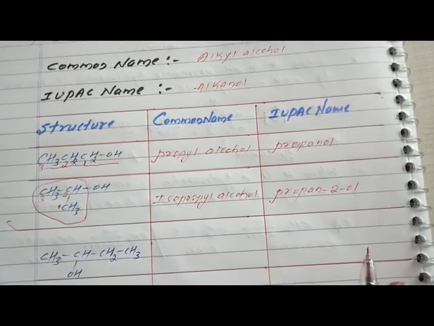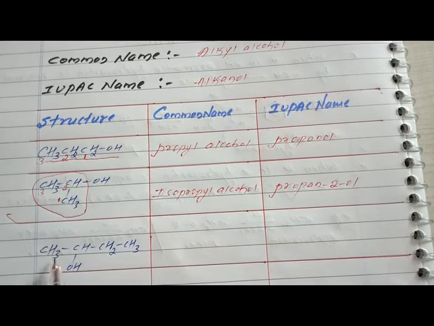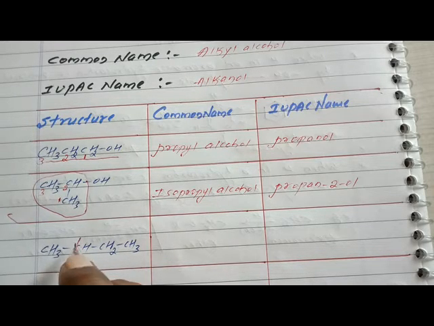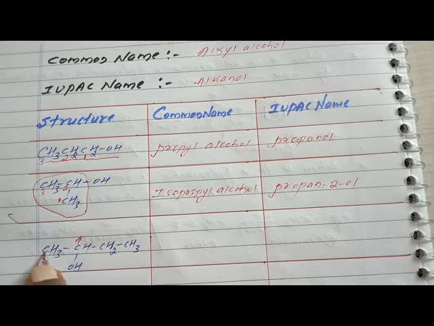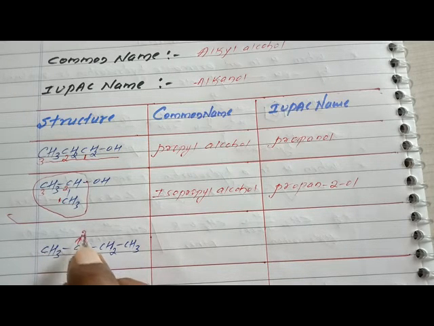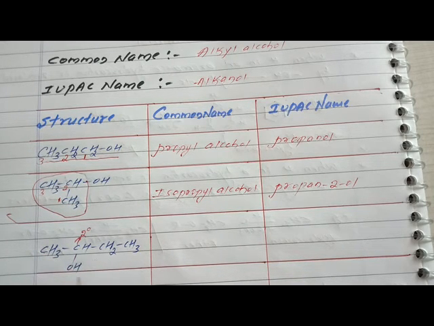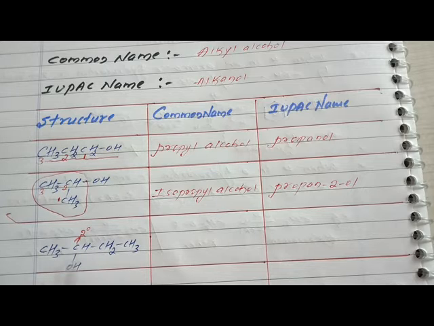Okay. Go for next one. CH3CHOHCH2CH3. Again in this case, the alkyl group is what, students? As there are 4 carbon atoms, so simply it is butyl. But think about the type of carbon atom the OH is attached to. Now as this carbon is attached to another 2 carbon atoms, 1 and 2nd, this type of carbon atom is secondary, and the OH is attached to a secondary carbon atom.